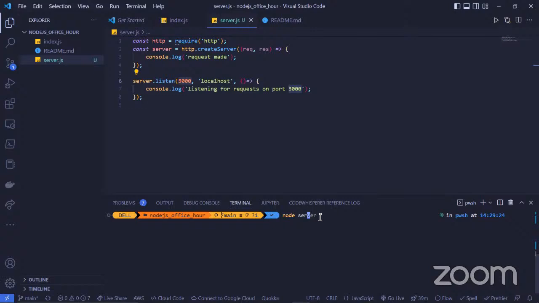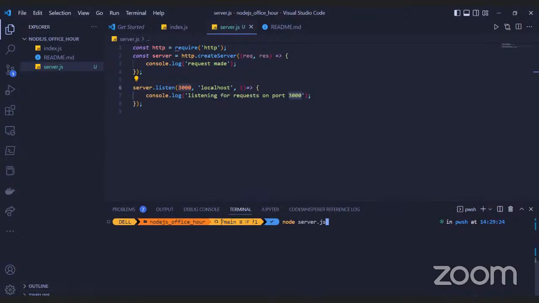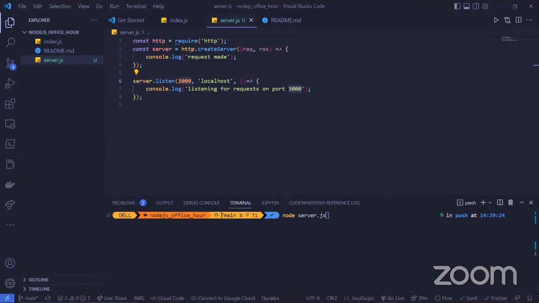To be able to run it, we have to use node to run the server. I just wanted to confirm the different ways in which we can write our code.